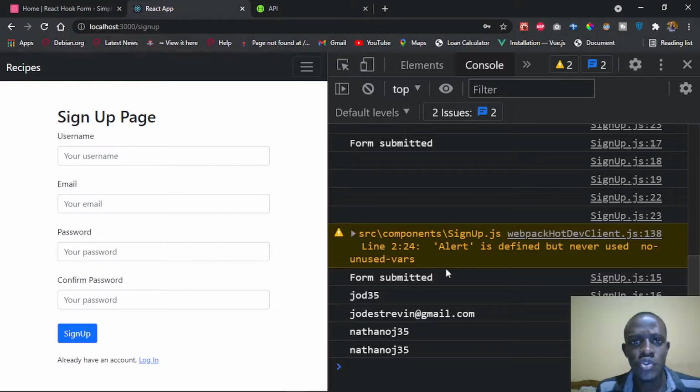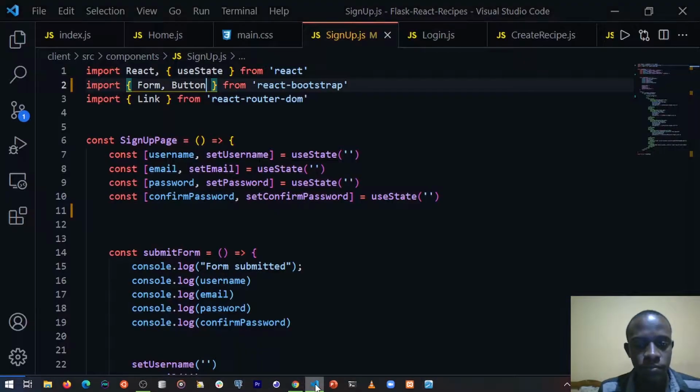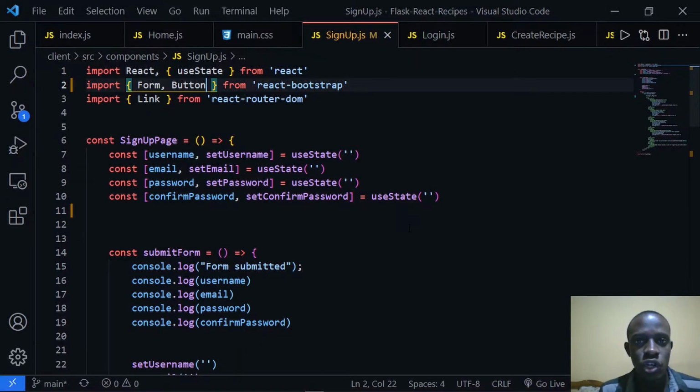So we're going to be making use of a third-party tool called React Hook Form. Now, this is the website for React Hook Form, and React Hook Form is a tool that enables us to carry out validation in a way that's simple, as you're going to see in this video. I'm going to head over to our Visual Studio Code, and within our code, the first thing is going to be to install